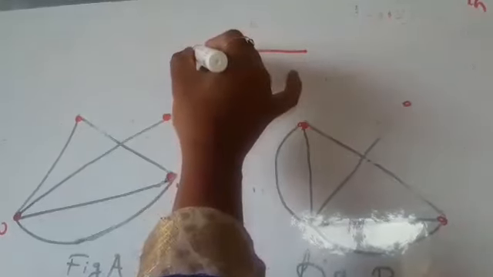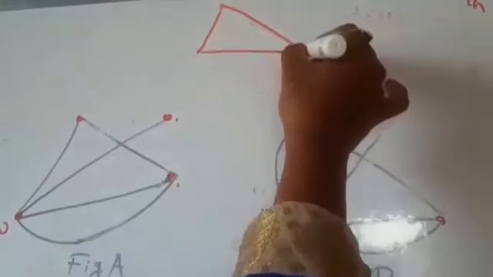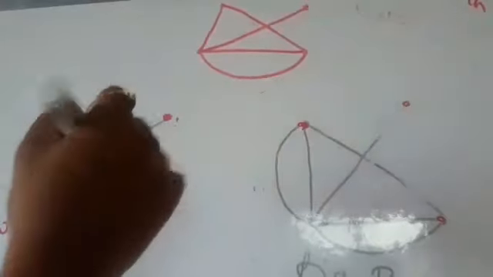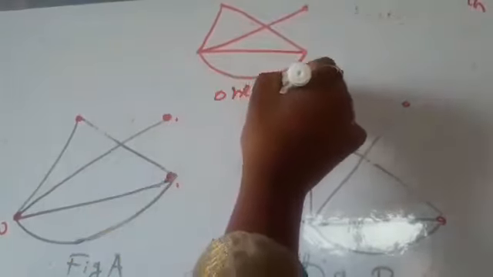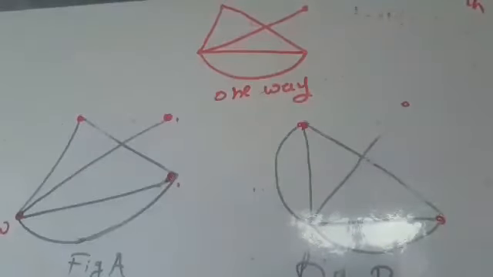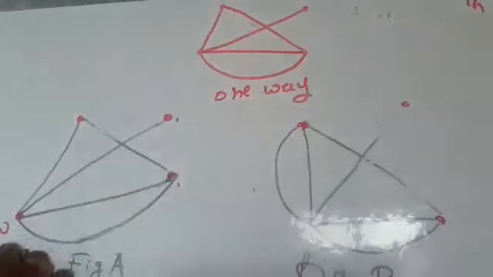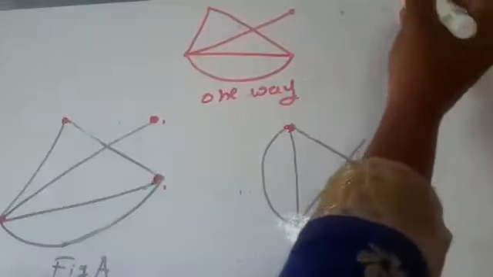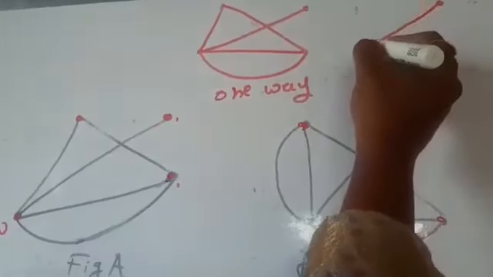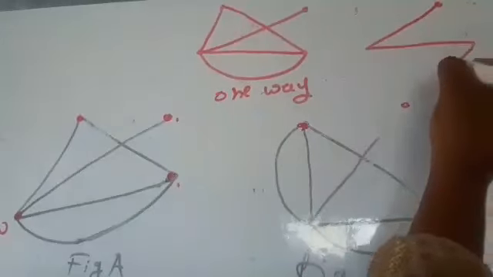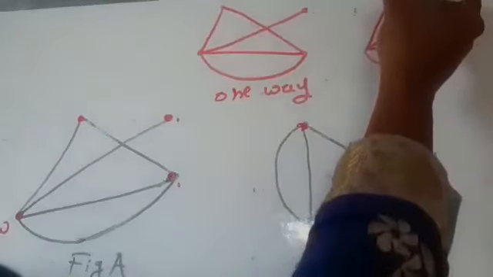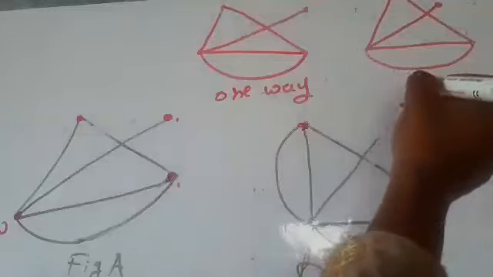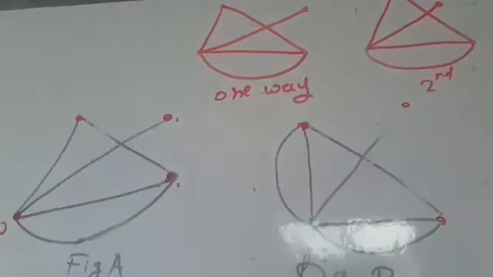We go from this to this, then here, then again here, and then we draw to this vertex. This is one way. Here we do not lift the pen and we do not retrace any edge. Or if we start from the other odd degree vertex, then we complete this edge, then this edge, then go to this edge, and we complete the diagram. This is the second way to draw the diagram.